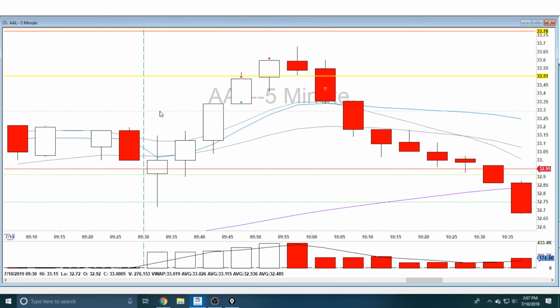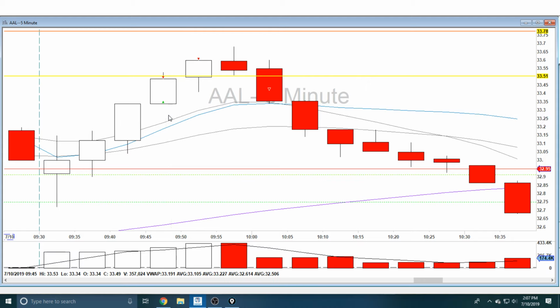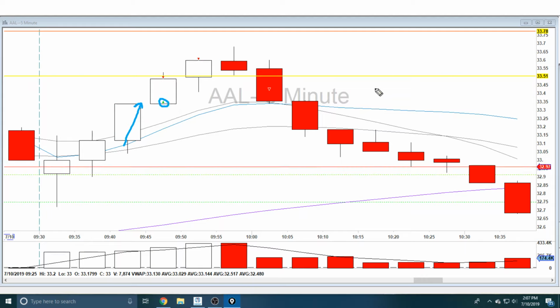The first one was here on American Airlines. It looked really strong, came up off VWAP well. I had just got my settings changed, so I was finally able to trade. I went long here. I had this 3351 level from a daily level, so I took my first 50% partial there. I took another one here, and so I have 25% of my position left at this point, and I was holding out. This orange line right here for me is the 200 MA on the daily,